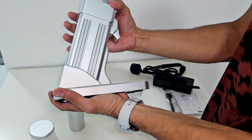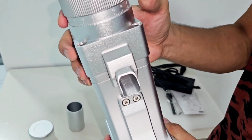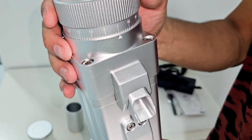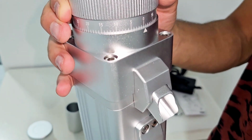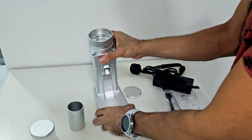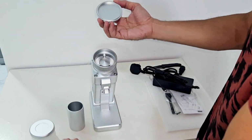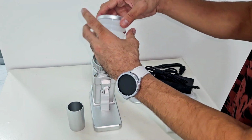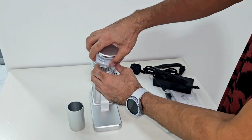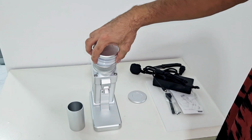So it looks very nice and neat for me. The numbers though are still visible to the eyes. I was worried that the numbers wouldn't be visible enough, but actually they are, as you see. So when you look at the grinder, you know which step you are at, and it has a stepless grind, of course. So I can use it just like that, or I can add the bellow and the lid of it,